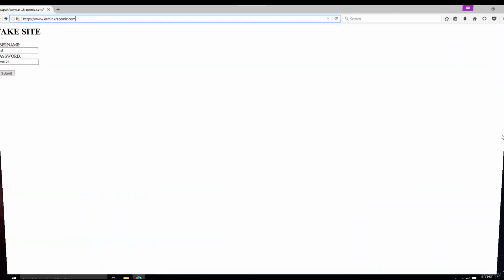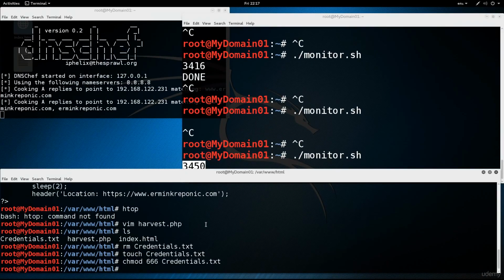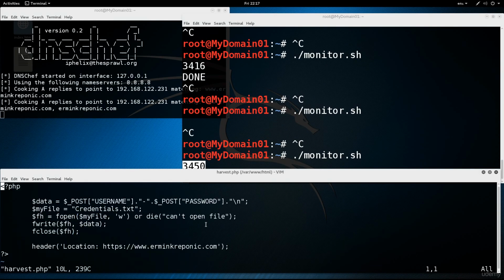Okay, so I did not actually test this one. I did not actually test the redirect out, so let's go ahead and vim harvest.php. Let me just go ahead and modify this a little bit more, the actual redirect location, and then I'll come back to it. It's a very simple fix, but I really don't feel like browsing it on the web